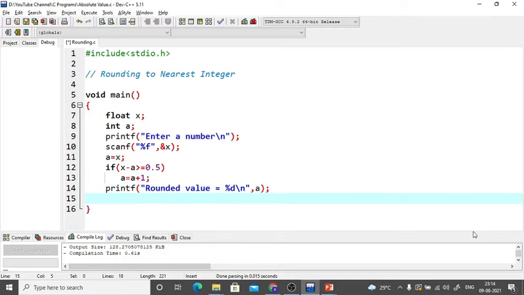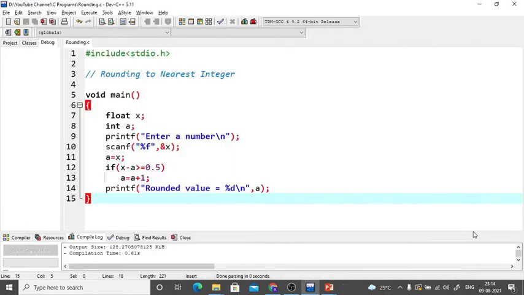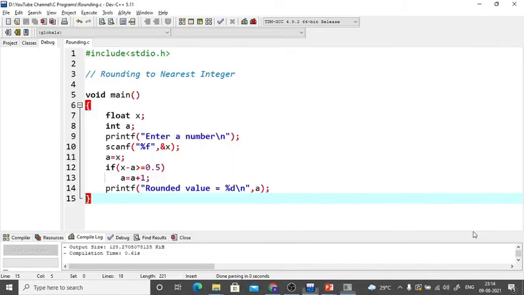First let us see the execution, and then, as I said, I'll show you even the working. Let me see if there are any errors. No, great. So if I give a number like 5.7, it's going to get rounded to 6 and not 5, as per rounding rules. But if I give 5.2, it'll be rounded to 5. Maybe let us try with some other option.